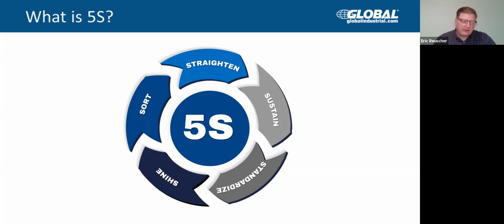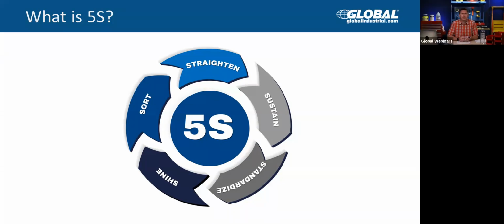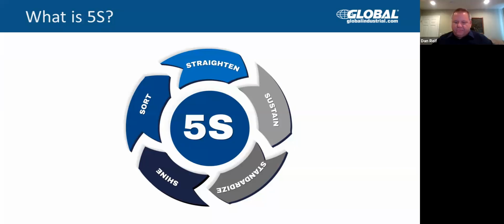To me, 5S is an easy and simple way to remove risk and hazard from a work environment, both for the facility and the employee. That's what it means to me. Okay. Dan, you want to build on that a little bit? Yeah. To me, 5S is a pillar-structured system to take out waste and build a plan to better organize your work processes. And by doing that, you're going to have a happier facility and things are going to be more efficient.